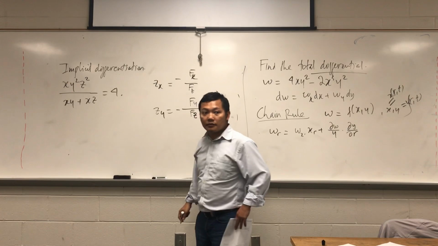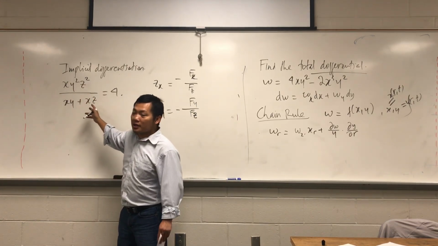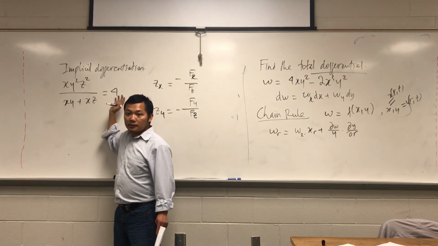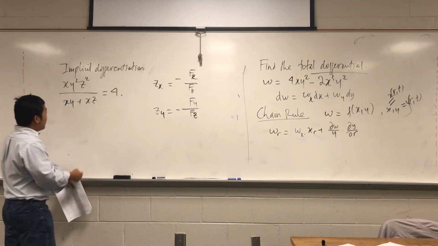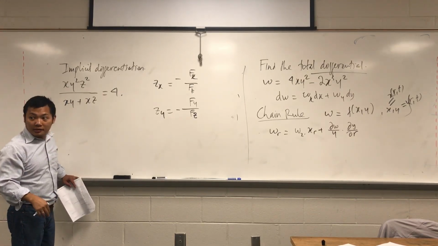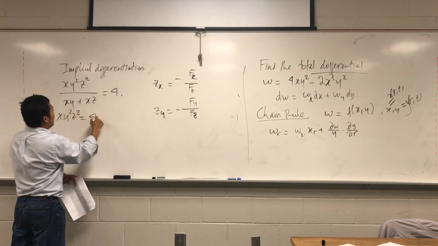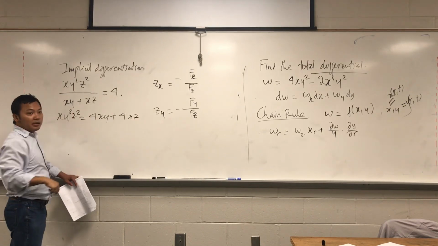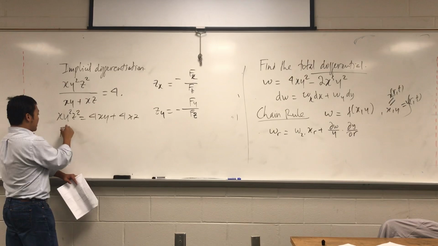What is f? F is the whole function in here. Or in this example, you can just cross multiply and then you have a polynomial. It's easier, you don't need to work with rational expressions. Just multiply, for example, xy squared z squared equal to 4xy plus 4xz, and then you bring everything to one side. Then you put your function f as x